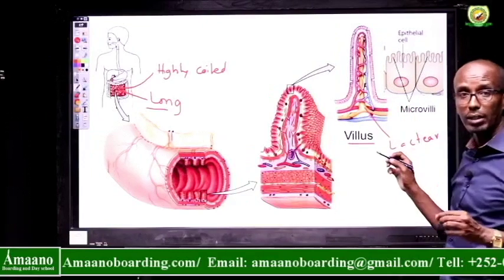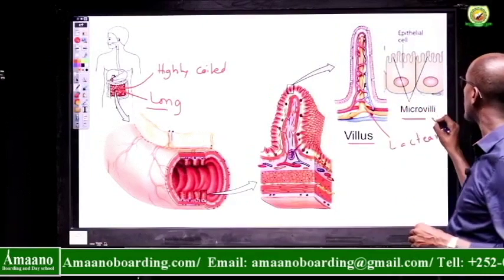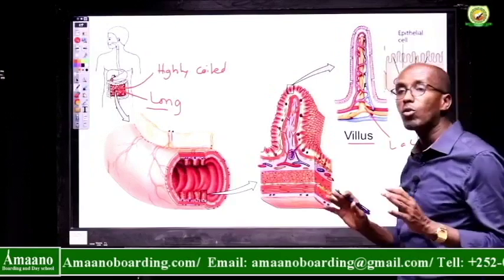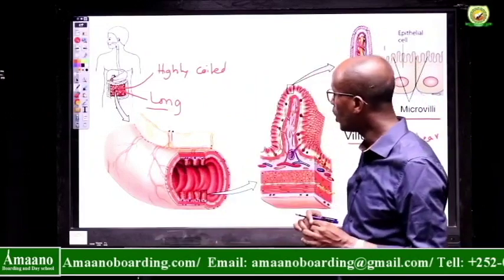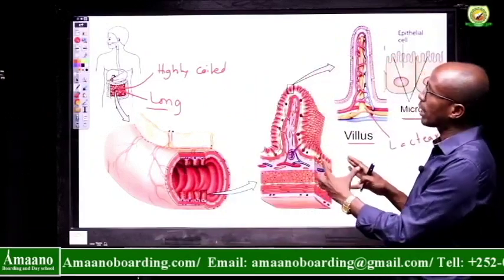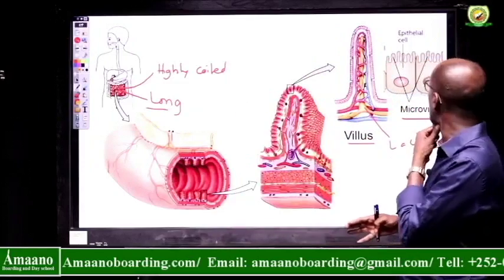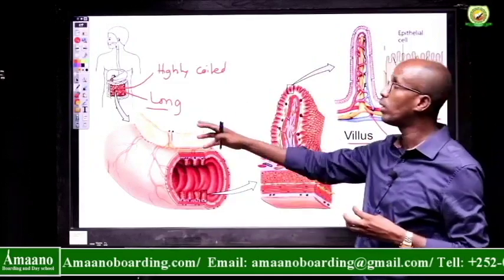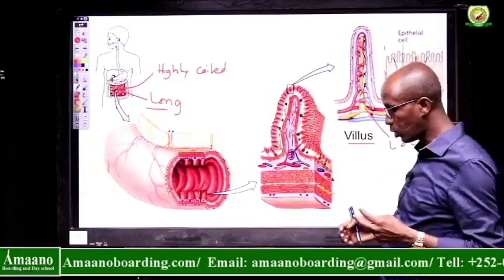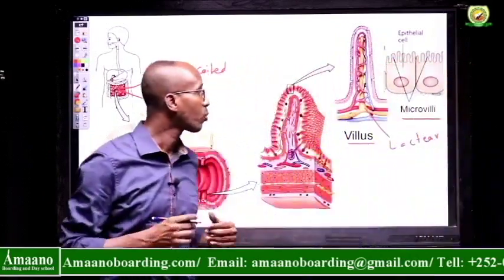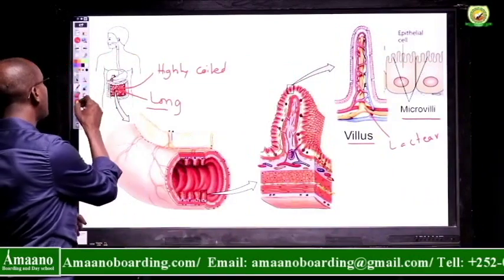In addition to that, each villus contains what's called microvilli, which increases the surface area still further. So if you look at what gives the small intestine a large surface area, number one, it is long. Number two, it contains villi, which increase the surface area of the small intestine. So having said that,